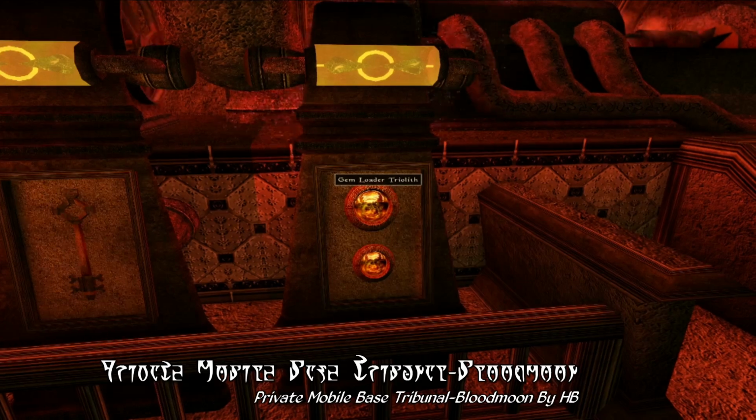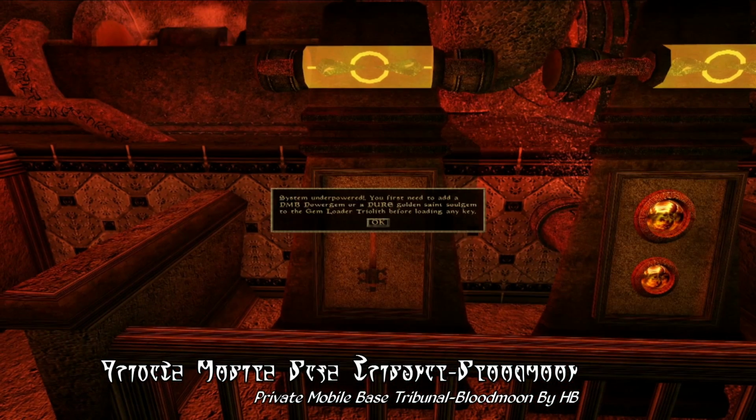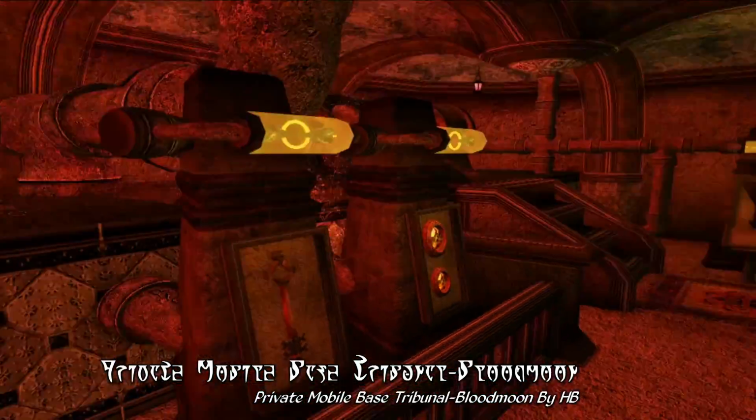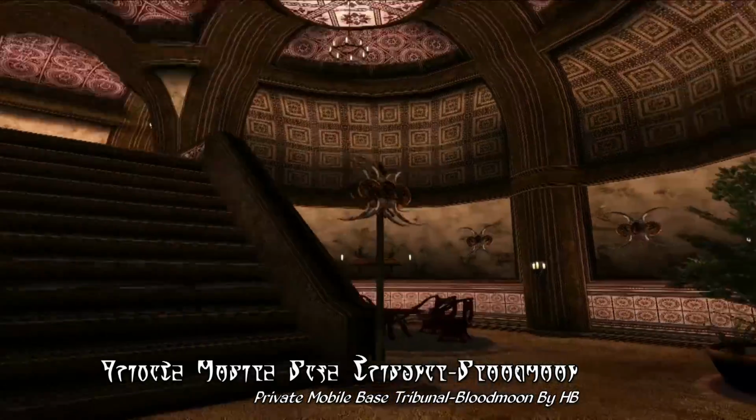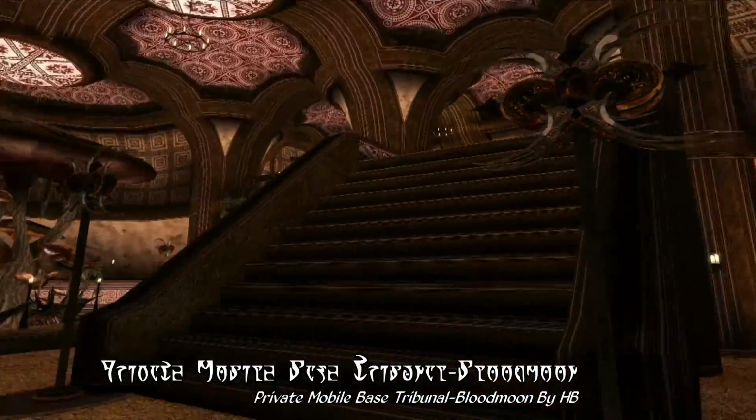Luckily you can stockpile golden saint souls, so you won't have to worry about it for a while, but you do need to keep the meter filled, so to speak, in order to keep the convenience of traveling anywhere with your home. Moving on to other parts of the interior, the private mobile base is a fairly large home with